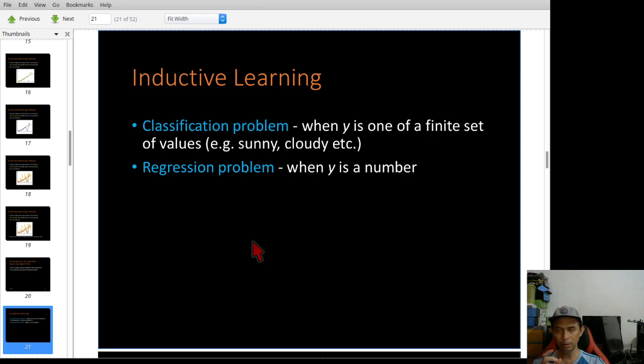So the value or the number is continuous. That is a regression problem. In general, a classification problem is much easier to handle compared to a regression problem.